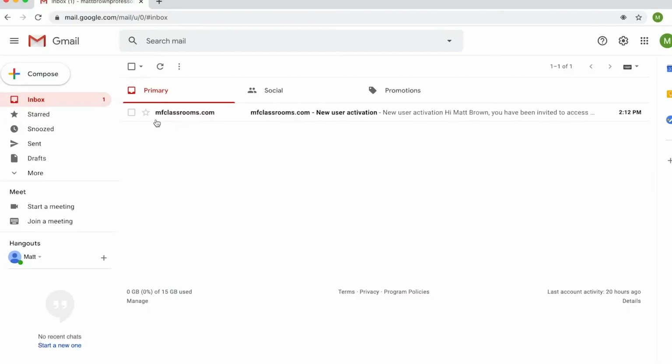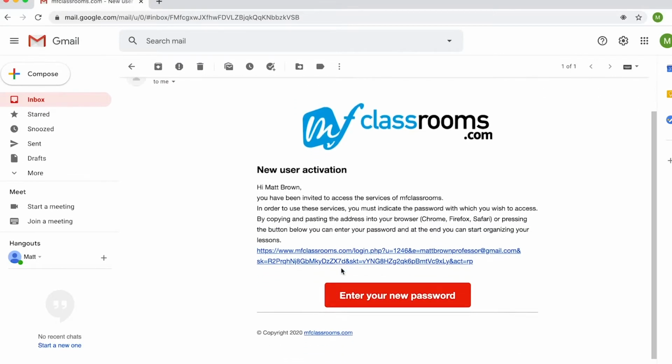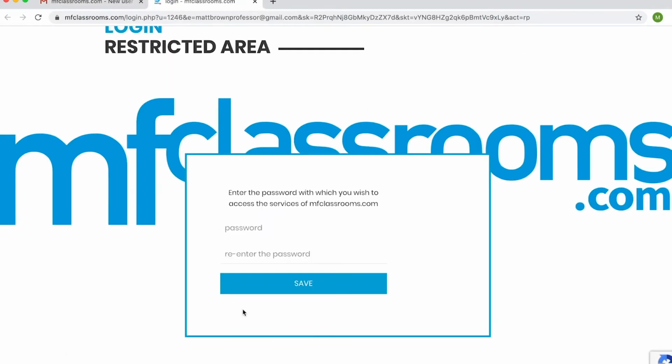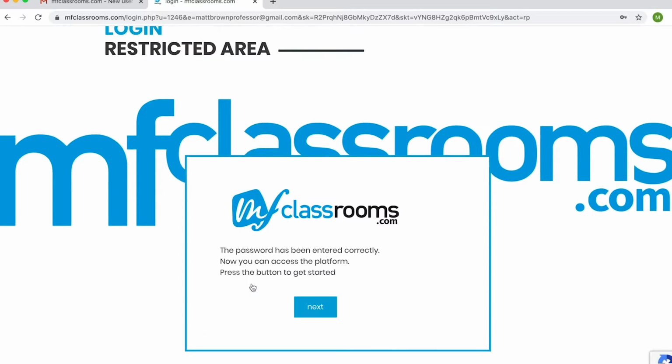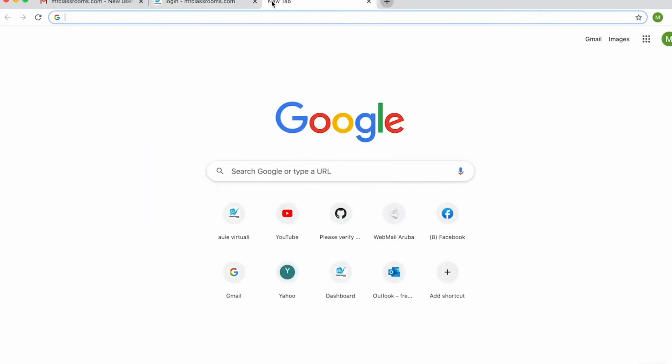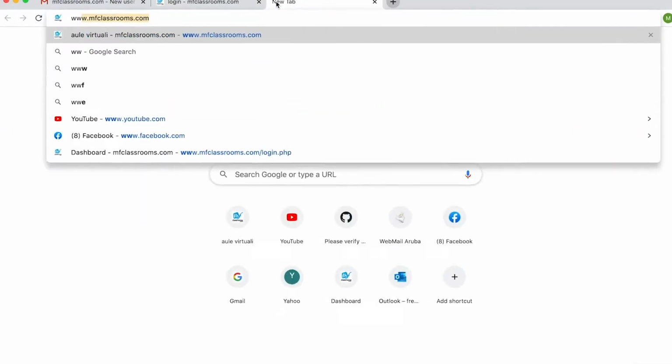You will soon receive an email from mfClassrooms.com asking you to activate your login. Please click on the red button which says Enter your new password. From there, you will be directed to the mfClassrooms registration webpage. Please create a password and enter it twice, finishing by clicking on Save. To access this website at any time, you can simply type in